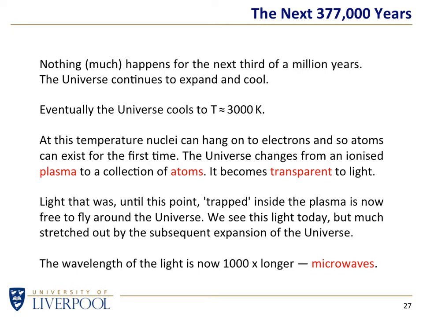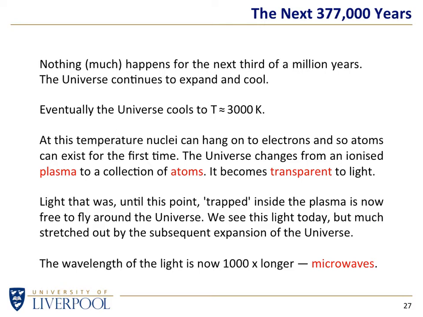13.8 billion years ago is when the light was released. Now the universe is 1,000 times bigger, which means the wavelength of the light has been stretched 1,000-fold. And what is 1,000 times longer in wavelength than visible light? If you take visible light and stretch it 1,000-fold, you end up with a radio wave, or perhaps a microwave. It ends up being a few centimeters rather than a little micron or so.